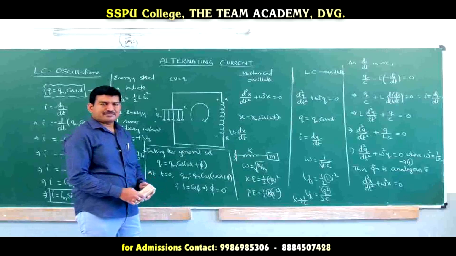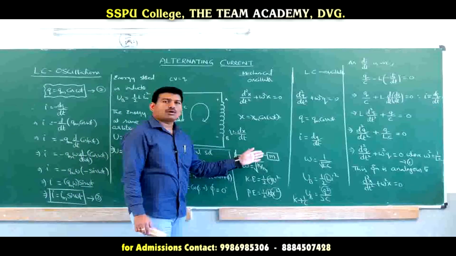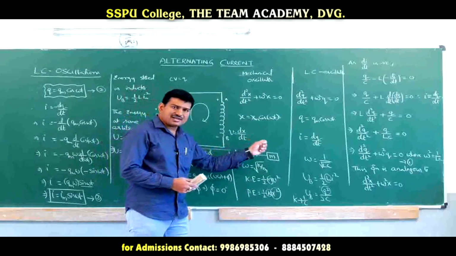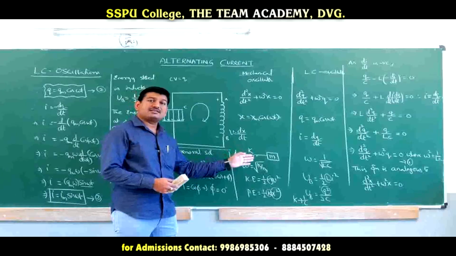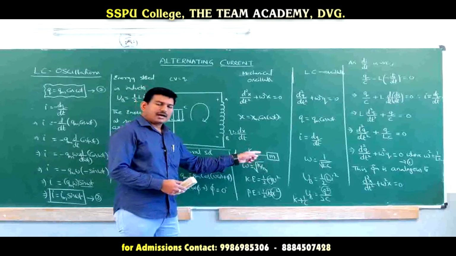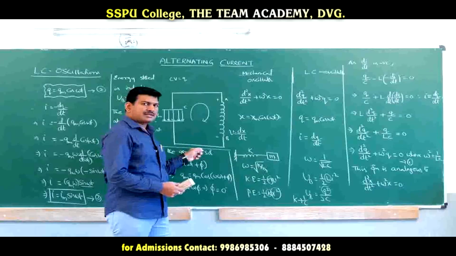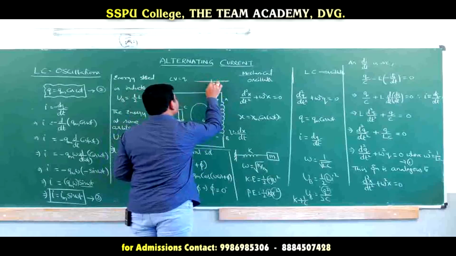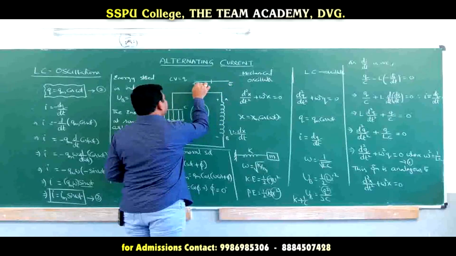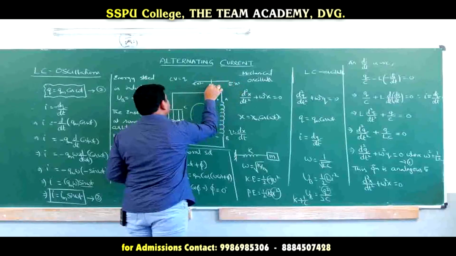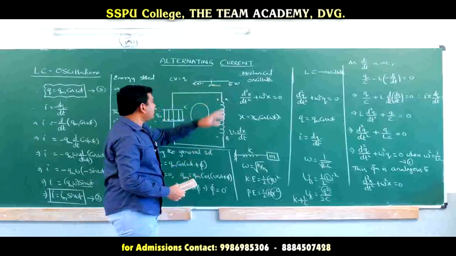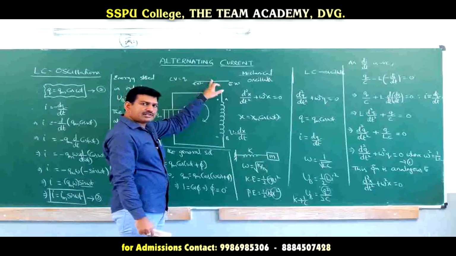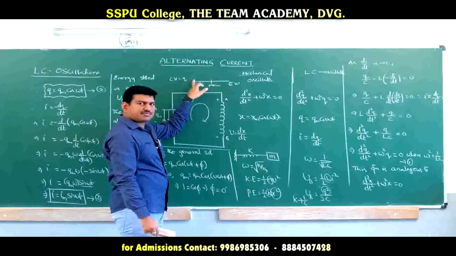In a spring-block system, at the mean position there will be only what energy? Suppose a spring is stretched to the extreme position, it is having potential energy. When it is released and comes to the mean position, it is having kinetic energy, but potential energy is 0. Again it goes to the left extreme. Potential energy becomes maximum, kinetic energy becomes 0. So this is the right extreme, this is the left extreme, and this is the mean. For a mechanical oscillator, at the extreme potential energy is maximum, kinetic energy is 0. At the mean, kinetic energy is maximum, potential energy is 0.